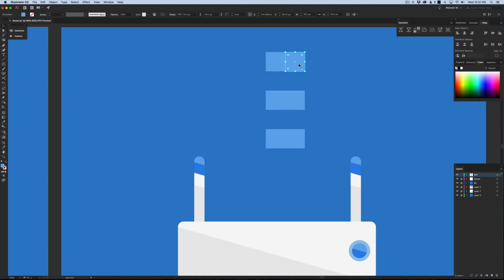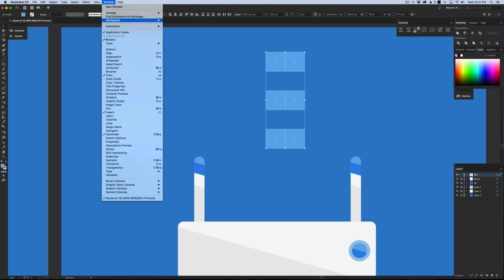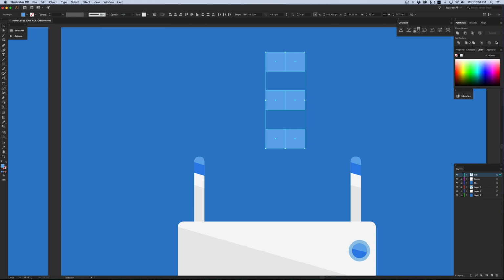I need these all to be each a single shape. So I'm going to select all of them, come up to my Pathfinder palette. If you don't have this open, just go to Window, Pathfinder. Pathfinder is also a very great thing to learn. If I hit Unite, you can see it makes each of these a discrete rectangle,